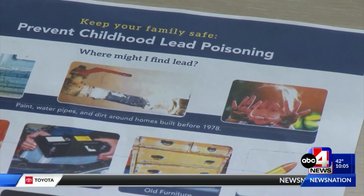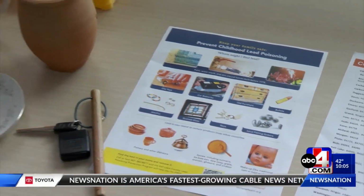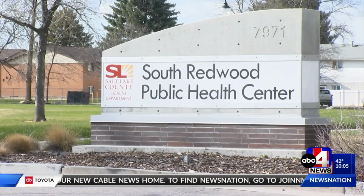Kids under 6 are at more risk for developing lead poisoning, according to the Centers for Disease Control. Putting up a baby gate, for example, you're drilling into that wall and there's going to be paint, which is going to release dust. And then those kids crawl around, they put all their hands in their mouth and all their toys that maybe have dust on it now in their mouth, and they have a faster and higher absorption